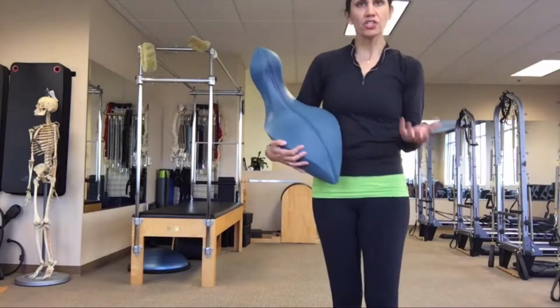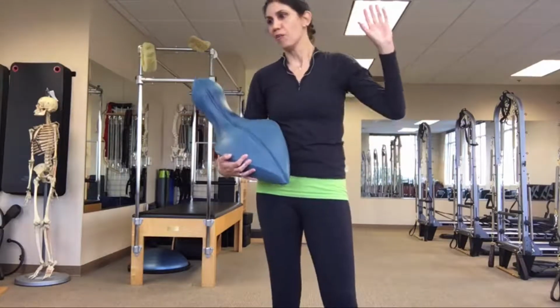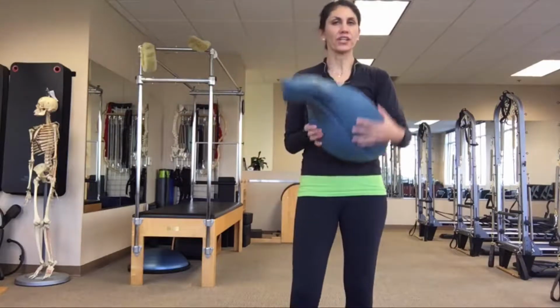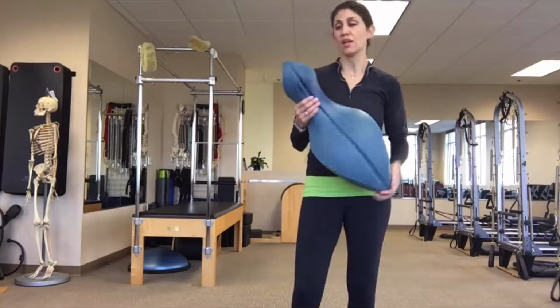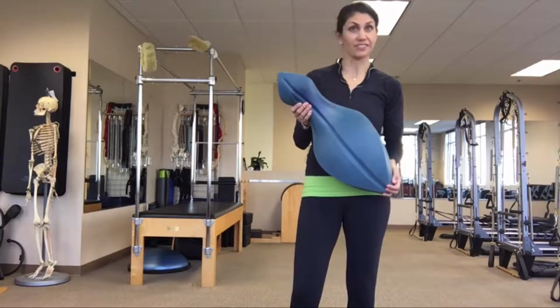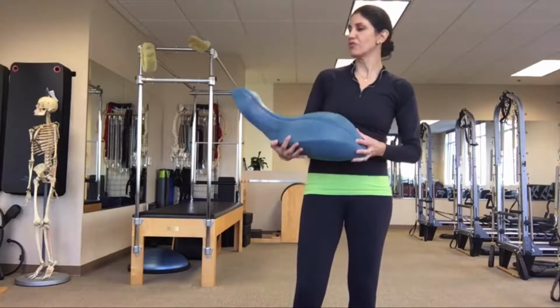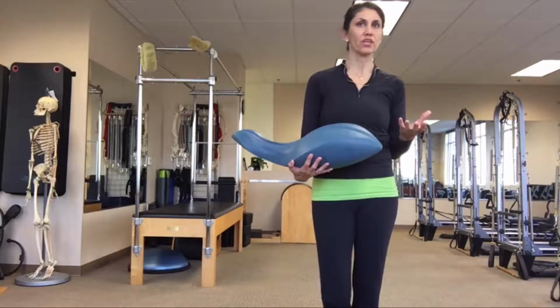And like I said, you can do these in all sorts of positions. You can do things lying down. We do it in all different orientations. And it's really, like I said, such a valuable tool. Just as a reminder, oovs do come in different sizes: small, medium, and large. Size does matter. And so you do need to make sure, if you don't have an oov and you're like, wow, these things look like really cool exercises,